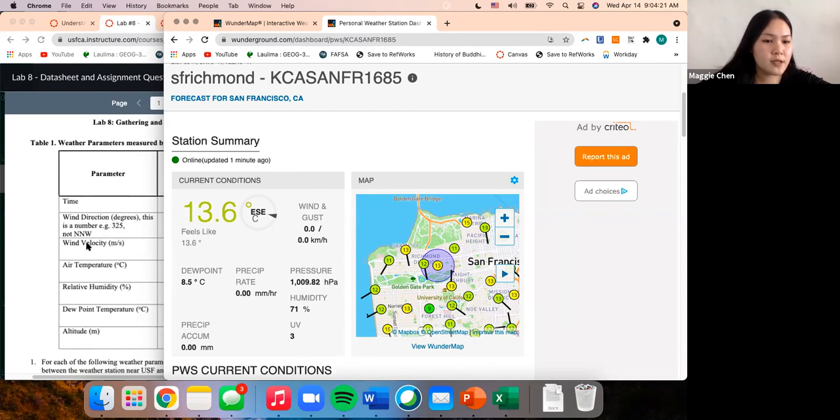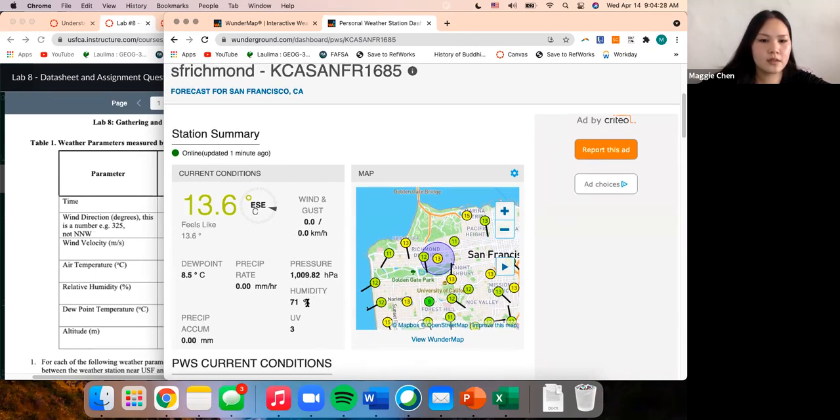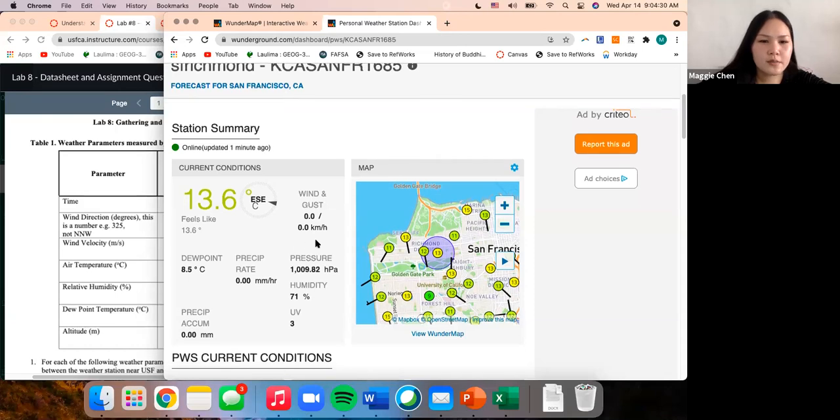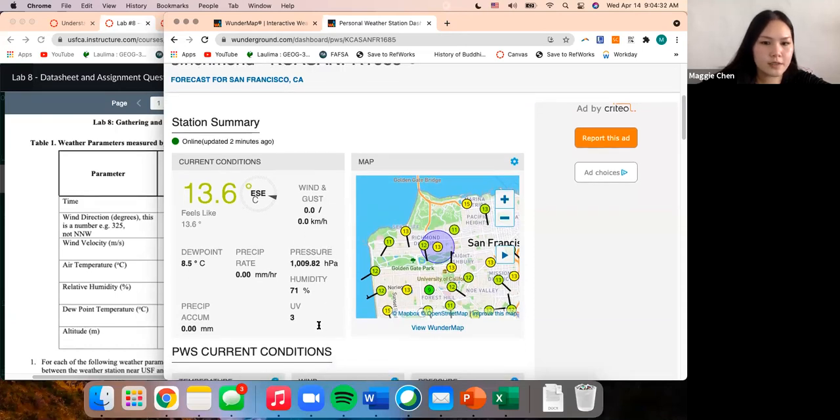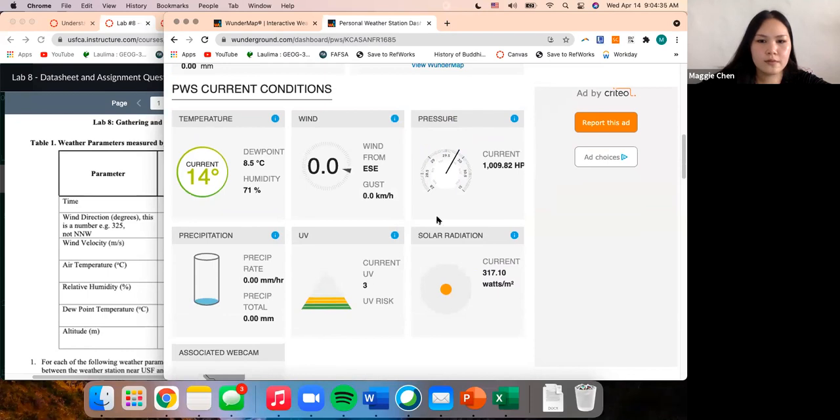For wind velocity in meters per second. So where is the wind blowing in from? That can be given, right? Wind velocity here. So the gust is right now 0.0 kilometers per hour. So there is no wind at all. But if there was a number here and it's in kilometers per hour, you can change this kilometers per hour